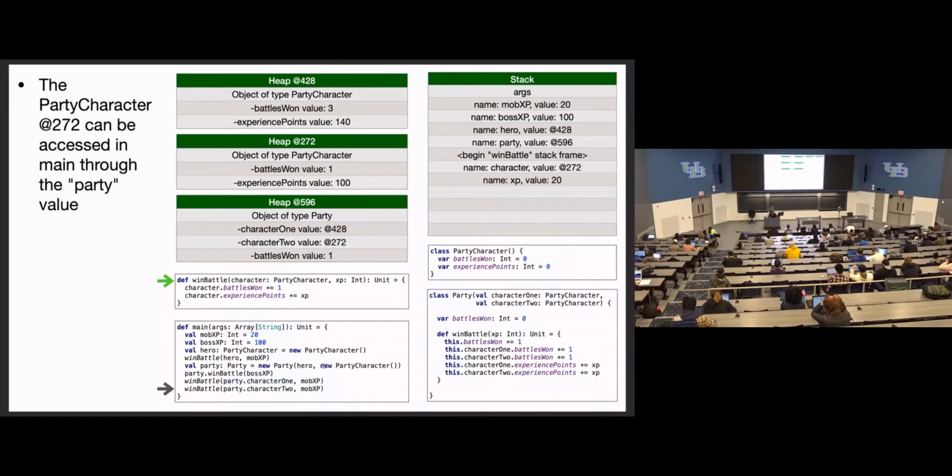But the next one, this party character, we don't even have a reference to this one on the stack. We can't access this thing directly, but we can access it through the party object. So this party object does have a reference to that character. If we want to access that, we can do party dot follow the reference and then character 2 and get the reference of that character we created. So even though we didn't store a reference to that character on the stack anywhere, we did give that reference to the party object that we created. And then through that party object, we can access that reference and still modify this character on the heap